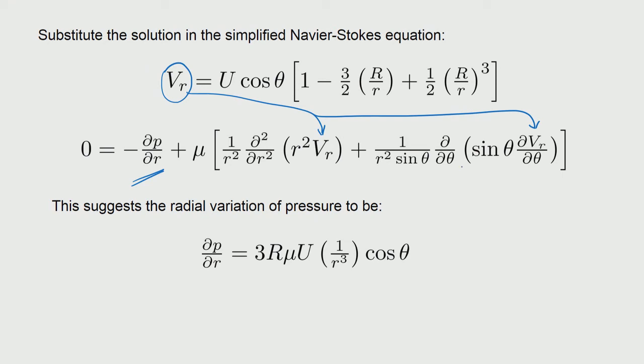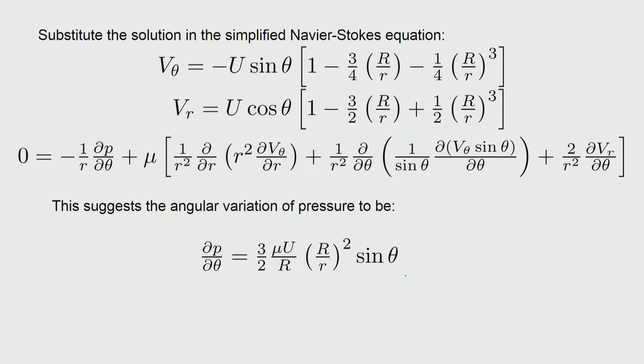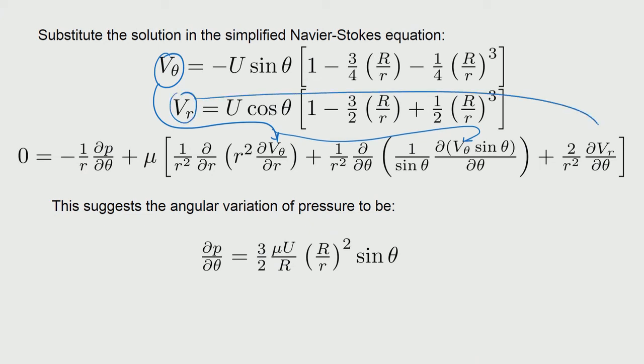So, we do that, we substitute and see that we get a condition which we need to integrate to get the P. So, we got the condition for pressure variation in the radial direction, given that the radial velocity component is so and so. So, we have got one term there, and similarly we substitute the theta component and the r component here, and we can then get the pressure variation in the theta direction. So, once these two are available, we can then see what kind of a pressure form would let us combine both.